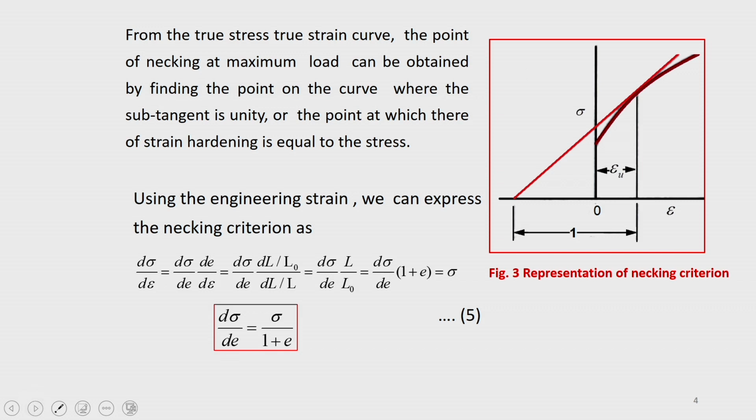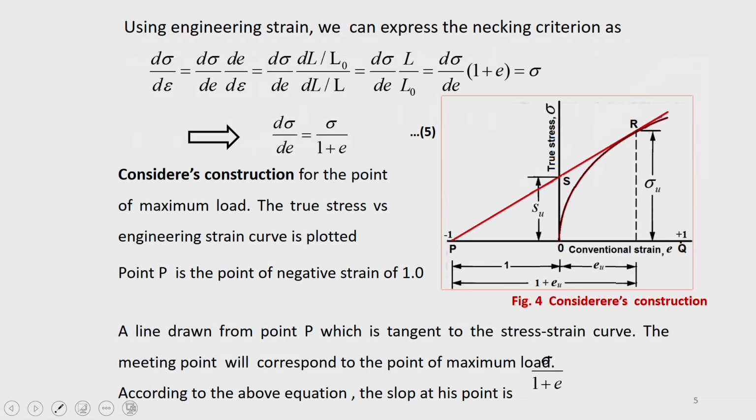That can be represented by, you have to do a little bit of iteration and find out at what point this is equal to 1, and then draw a subtangent such that this condition is satisfied. This is slightly difficult, a tedious job, because you do not know the exact point where it is, it all depends upon how you shift to that side or this side. So, that becomes very difficult. That is why in another case we can just find out d sigma by d E.